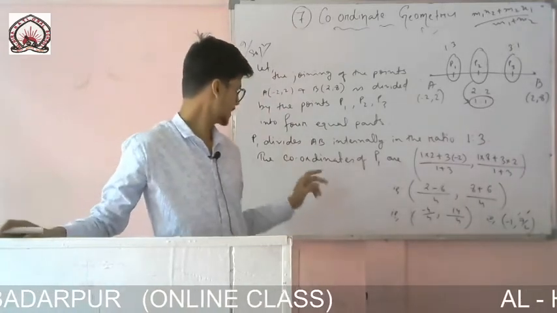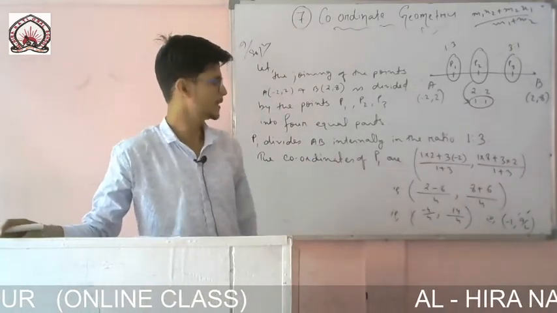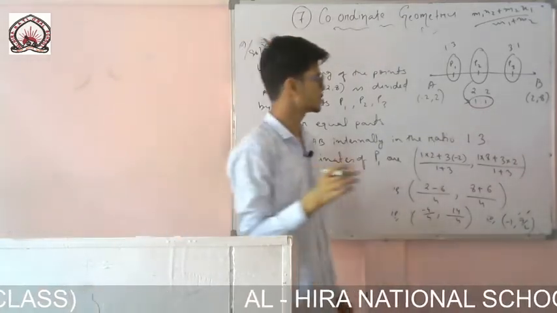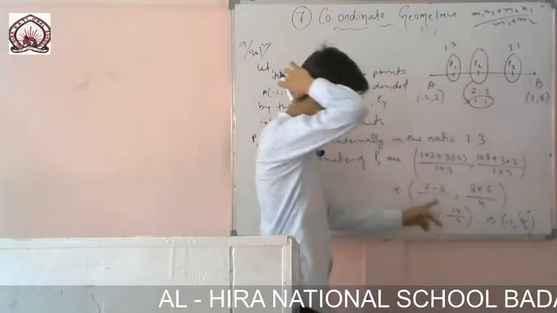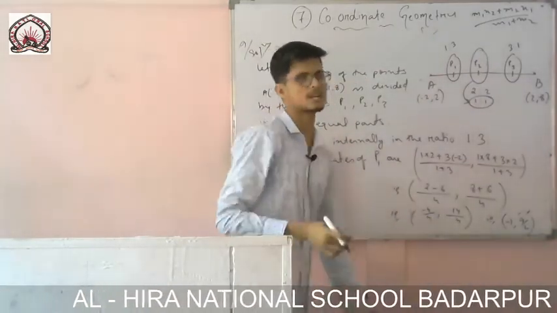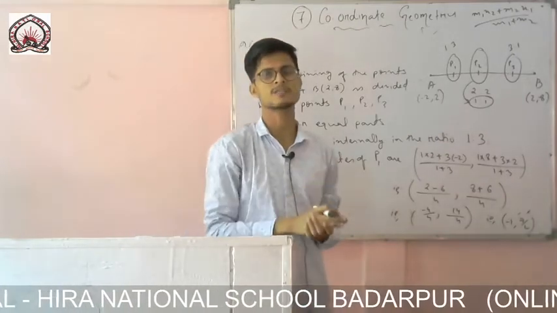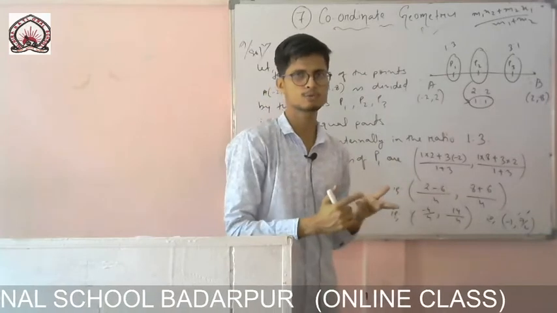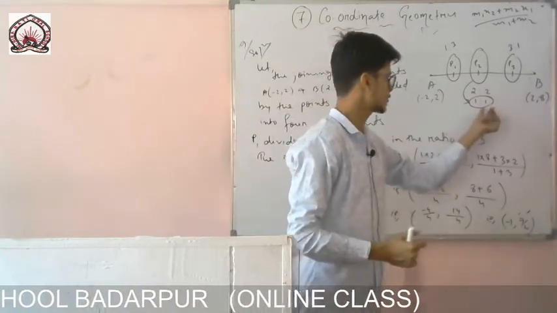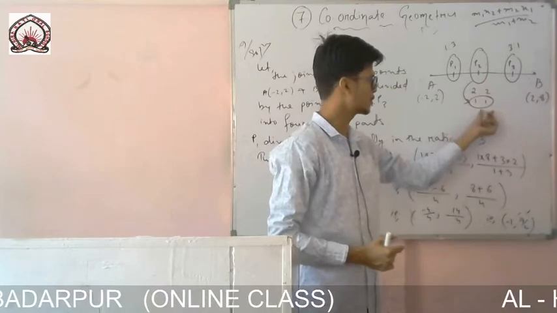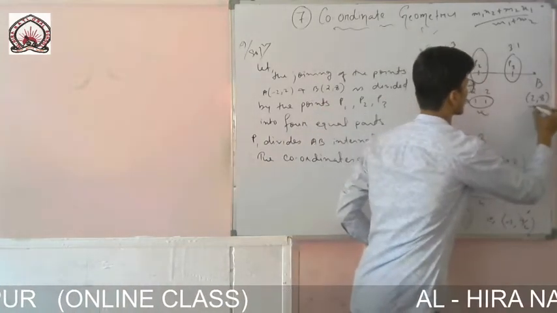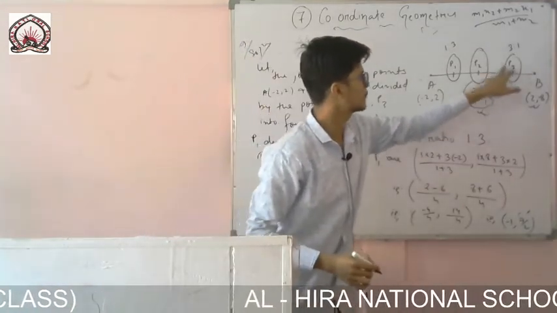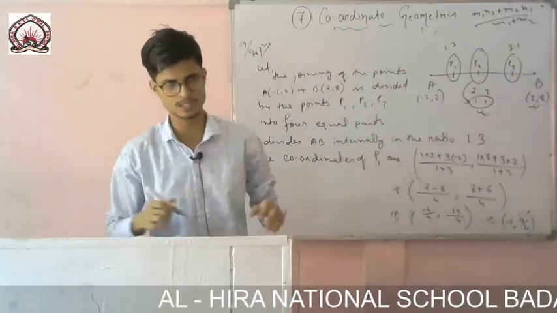For the next one, again you write, therefore P2 divides AB in the ratio 1:1. For that one, if you want you can use this formula, or directly you can write x1 plus x2. We know that if a line is divided in the ratio 1:1, what is the formula? It is x1 plus x2 divided by 2, comma, y1 plus y2 divided by 2. So for this one, if you want, you can use that formula also. So these two you solve by yourself. For P2 and P3, I have given the ratio. You just use it and find it.